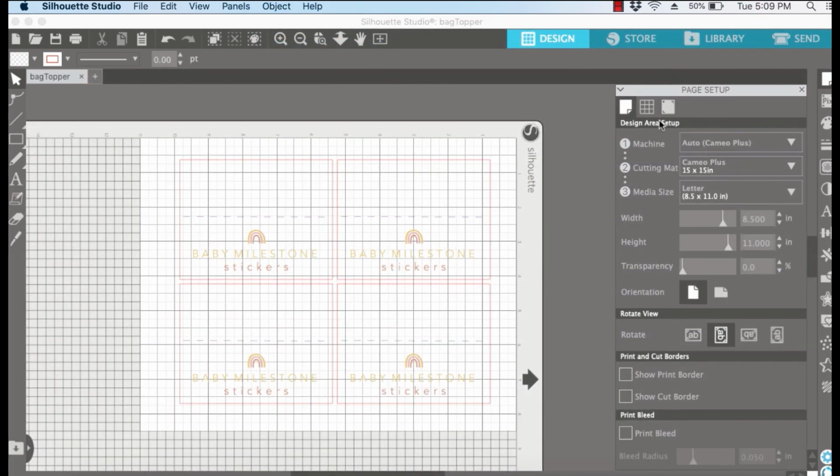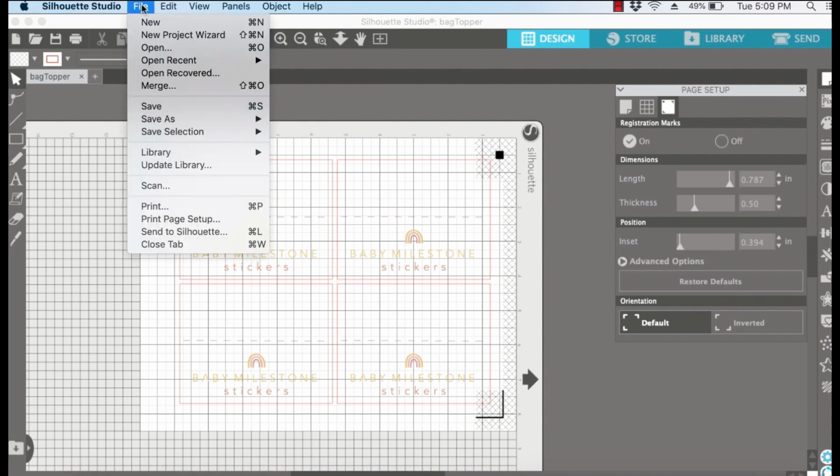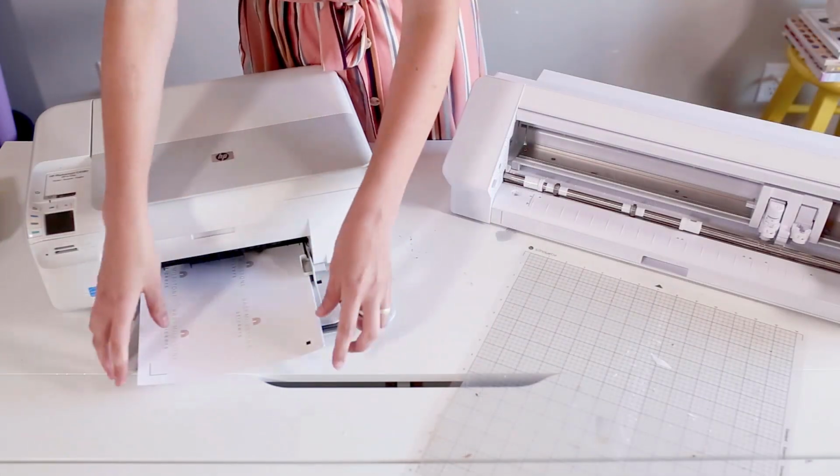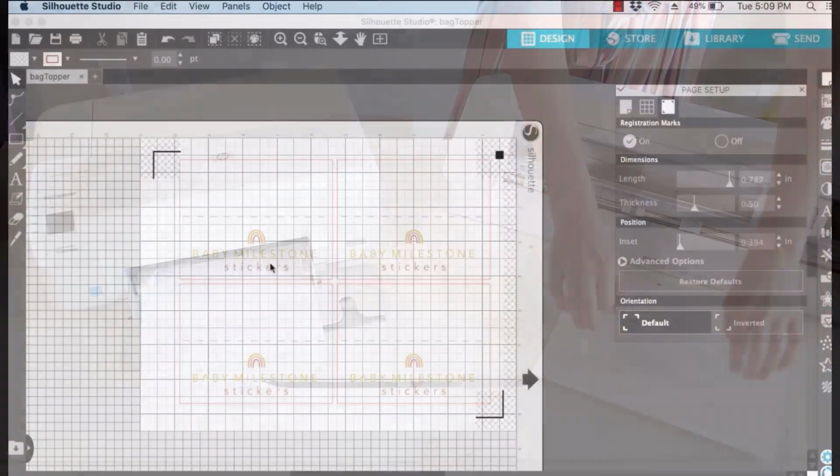Before we print, we will turn on registration marks and fill the page with our design, making sure it stays within the marks. Then we'll print the design. After the design is printed, we'll load it into our machine. We're going to cut by line